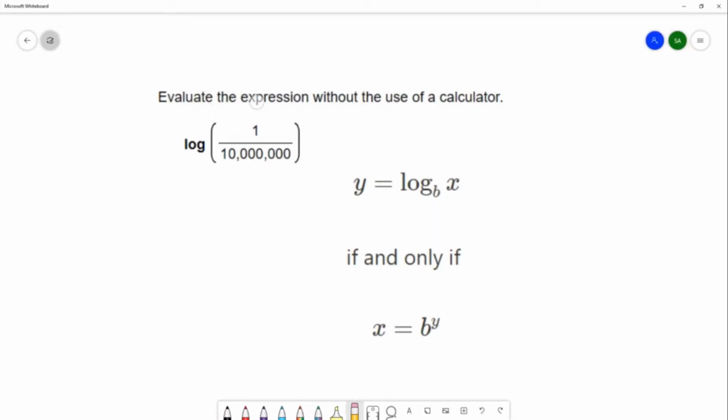Evaluate the expression without the use of a calculator. The expression we're working with is log of 1 over 10 million. So the strategy that we're going to use to simplify this logarithmic expression is to write it as an equation